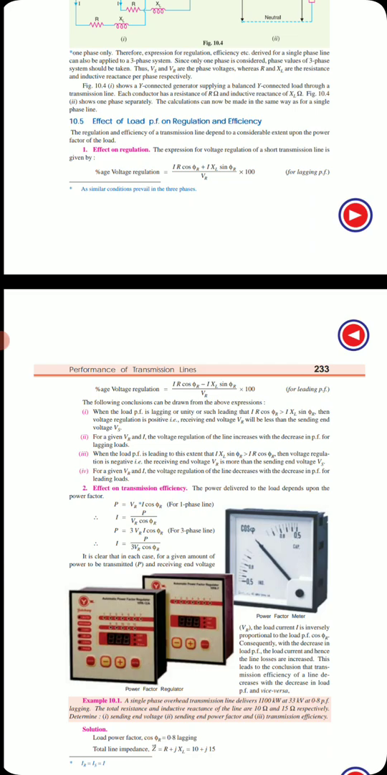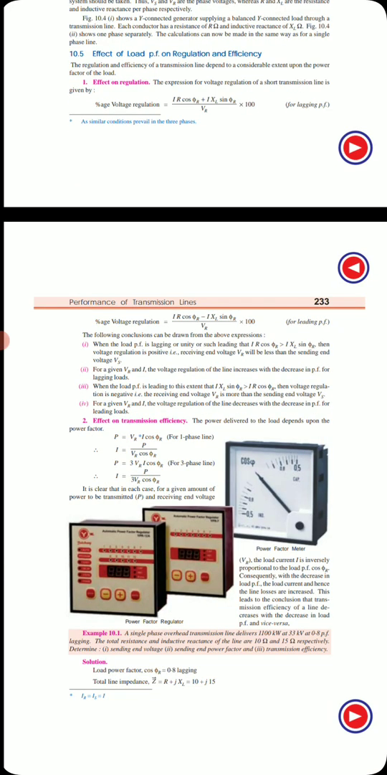The following conclusions can be drawn from the above expression. When the load power factor is lagging, or unity, or leading to such an extent that IR cos φr is always greater than IXL sin φr, then the voltage regulation is positive. Receiving end voltage will be less than the sending end voltage. By seeing the equations only we can tell. For a given value of VR and I, the voltage regulation of the line increases with the decrease in the power factor of the lagging load. Obviously, as the power factor decreases,